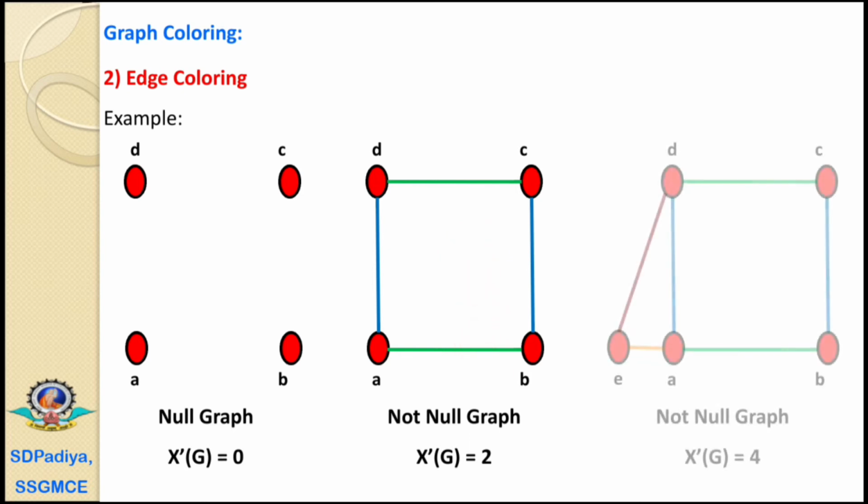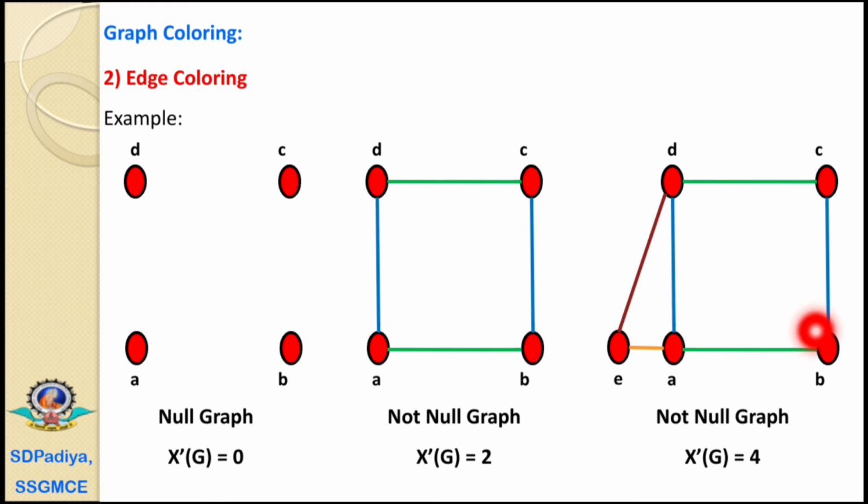Now the next is an example, a graph with the 5 vertices A, B, C, D, E. Now if we start from the node A, the node A is connected to the node B with the edge AB. We have defined it with the green color. The second edge A to D must be other than the green color. Therefore we have defined it with the blue. And A to E must be other than the green and blue. Therefore now we use the third color, that is orange.